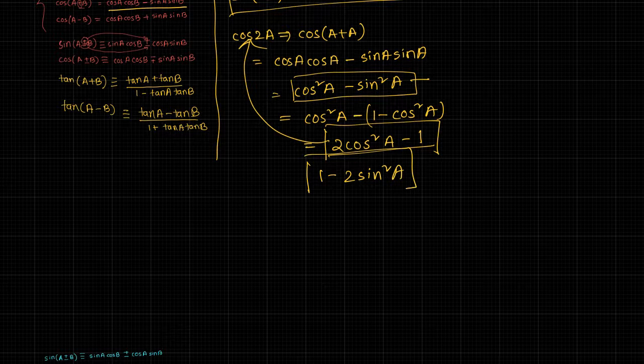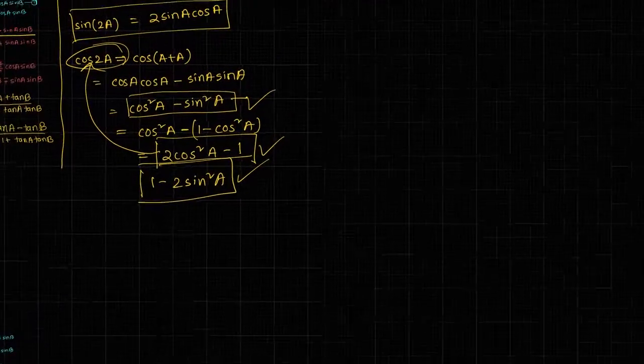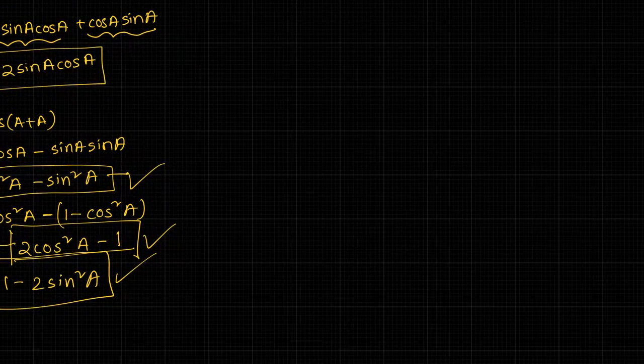So all these boxed identities, this one, and this one, are all equivalent to this one. All right. So now lastly, if we look at tan 2a,